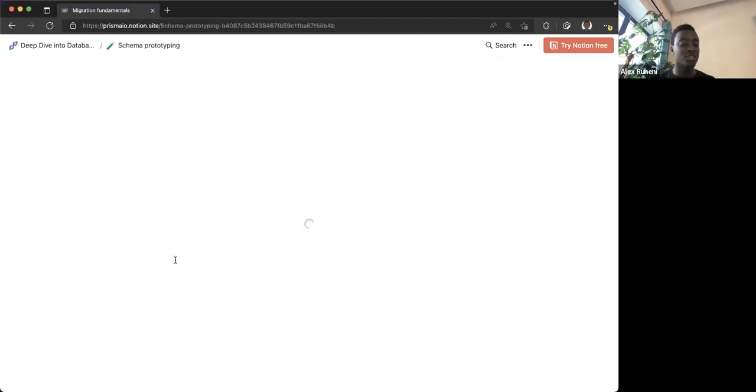So let's jump into schema prototyping and the loading spinner again. I guess this is why the Remix team built Remix, to solve all the loading spinner issues for front-end developers. But